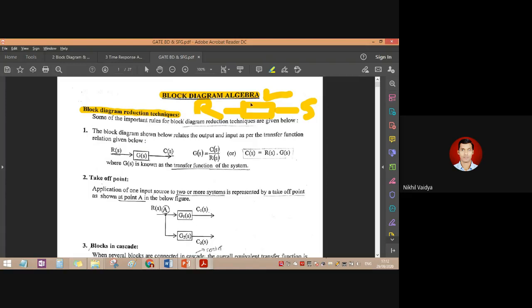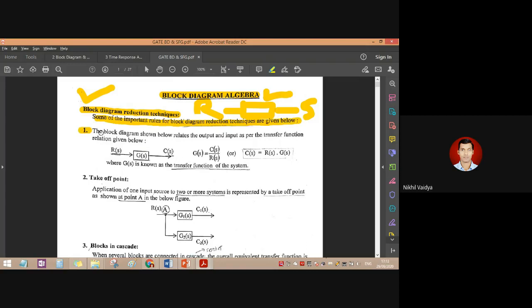There is only one block, one square block you are able to see here, and that one square block can be redrawn as a transfer function. So that can be understood from this particular topic. Again I will repeat that block diagram is nothing but the representation of a control system's transfer function. If the transfer function is complex, then the block diagram will also be complex. So how to reduce that we are going to see through these block diagram reduction techniques.